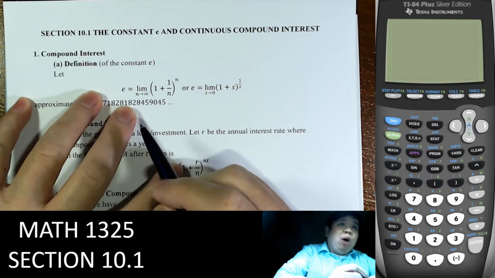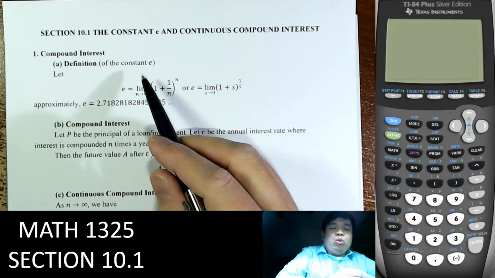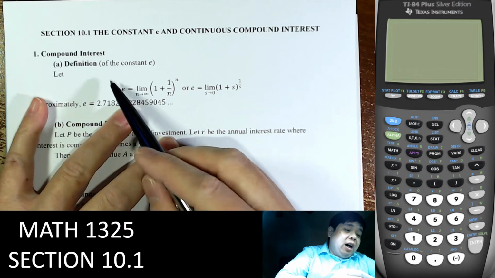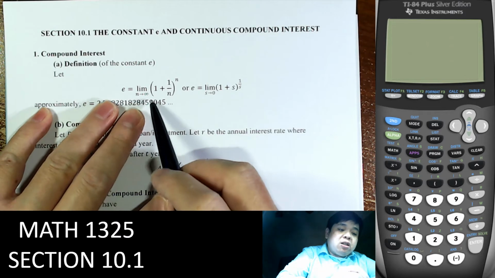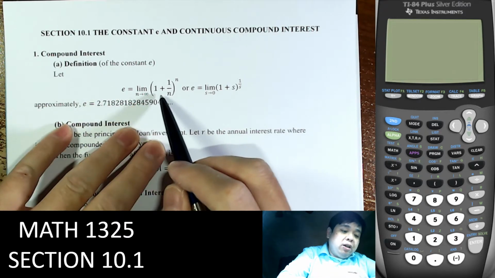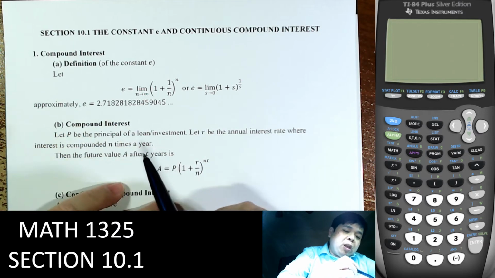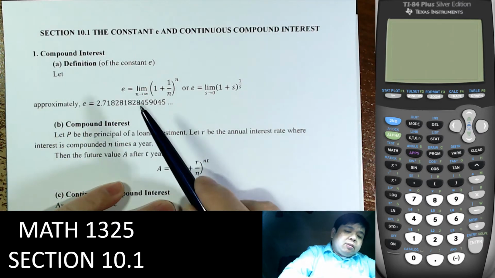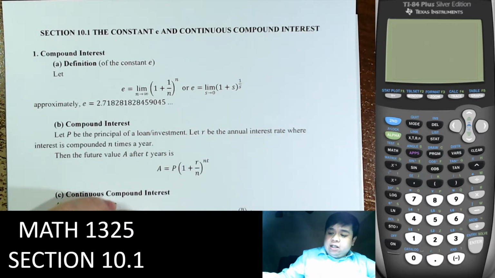First, we define the constant e. This is like pi is 3.14 something. e is a constant and it is defined as the limit as n goes to infinity of (1 plus 1 over n) to the n power. Or if we rewrite n as 1 over s,